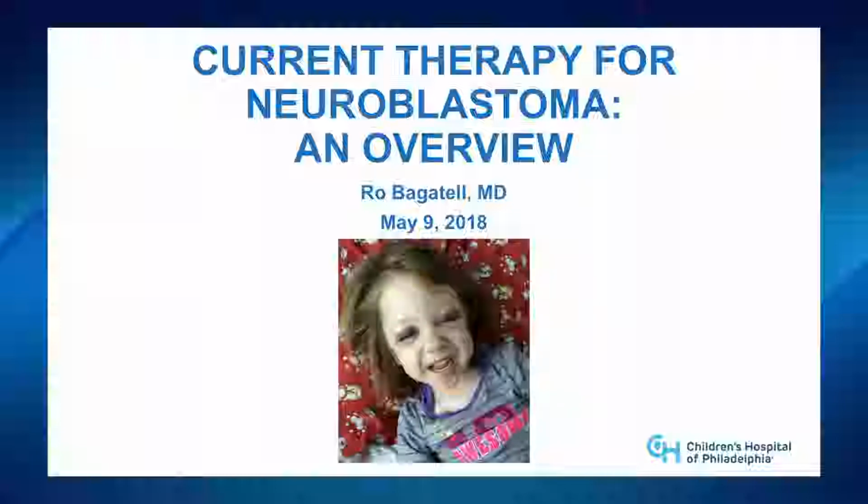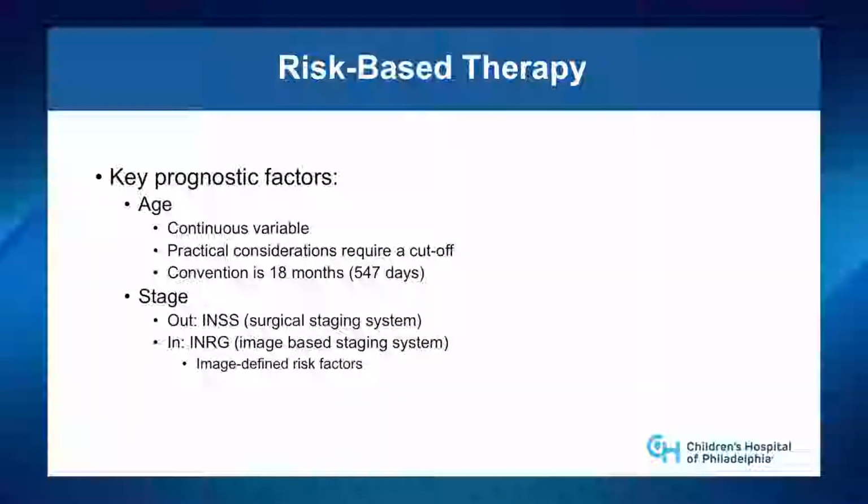Okay, so I want to just briefly run through risk stratification in neuroblastoma, and you heard a bit about that in Jan's talk, and certainly we'll hear more about that as the days go on. But in order to frame how we group patients, it's worth knowing how we think about assigning risk from the time of diagnosis. So the key prognostic factors, as many of you know, are first simply age.